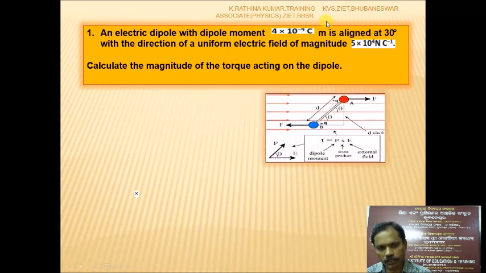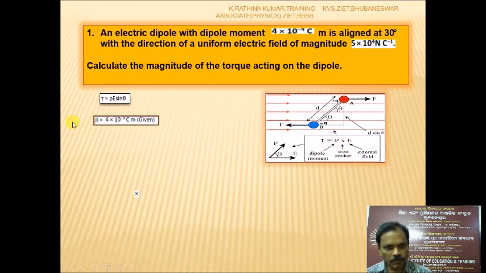So first of all, we should know the equation for the torque. See, there's a diagram for the question. This is a uniform electric field. A dipole is kept, aligned at an angle. How much is this angle? 30 degree. Then tau is equal to P cross E. If I take the cross product, tau is PE sin theta. So that will be the equation for this one. This is the angle between the dipole and the electric field. So let us see that equation for the torque, PE sin theta. When the cross symbol is taken out, it will be PE sin theta.